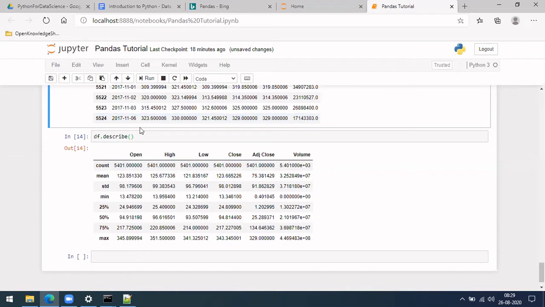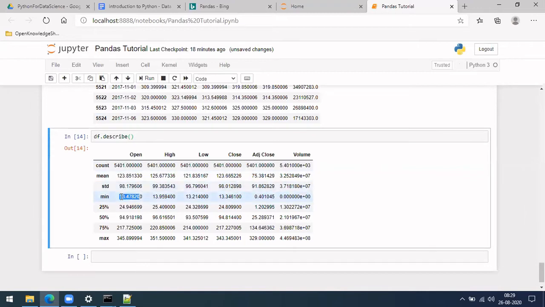So if you see, the SBI stock open has varied, with the max at 345. At one point it was at its least, 13 rupees, and at some point it went to a max of 345.